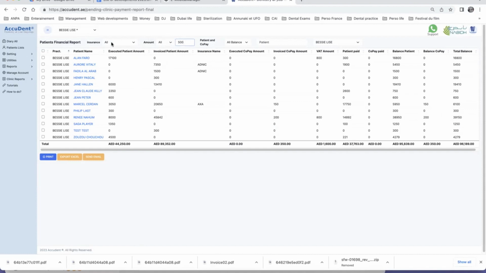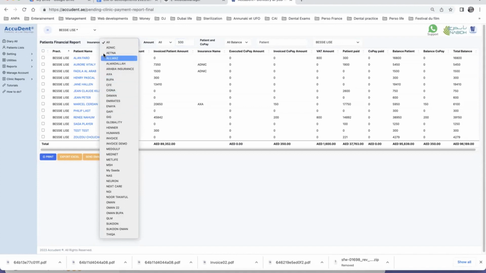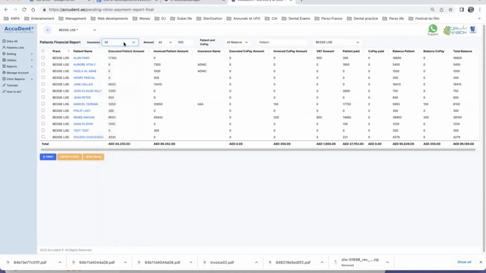So doing that, I can select by insurance also. This is interesting for the copay. And I can select by patient because you have the patients here. And you can select what? All the balance of only patients or copay balance. Or patients with balance, only patients. Or copay, we need to wait for receiving the money